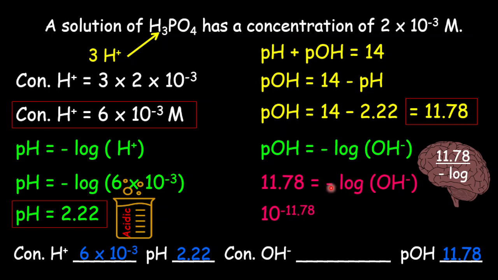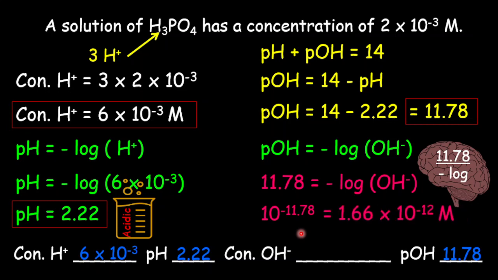However, we have to account for the minus, so we're going to say inverse log of minus 11.78, and that is how you work out this equation without saying 11.78 divided by minus log, because the calculator will not recognize it in that sense. So you just press your inverse log, then you press your minus 11.78, and that's the only way the calculator will recognize it. All right, so the answer should be here